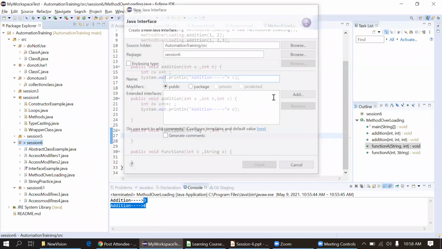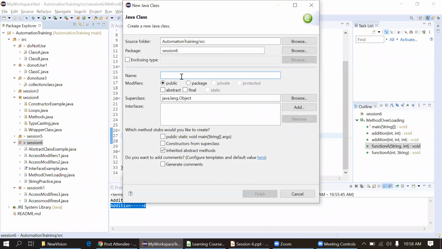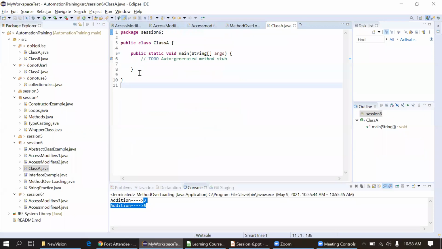Not an interface actually, I need to create a class. Class A.